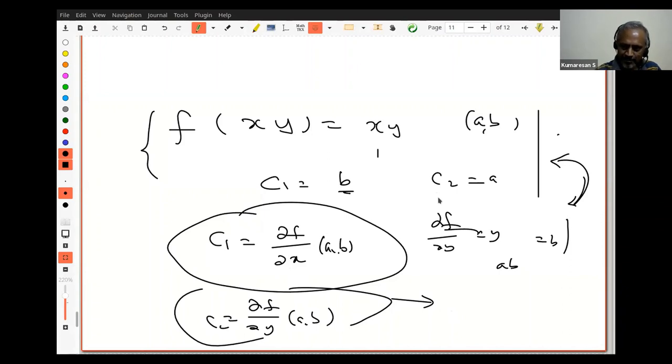So my question is, was there anybody who wanted to check? For C1, you have another formula. Therefore, for this particular function, I already found C1. Do I get it correct? This kind of curiosity should be there. If you want to be a science student, you have to be curious. You should try to relate something you have seen earlier to what we are seeing today. That's what I wanted. Is that question understood now?